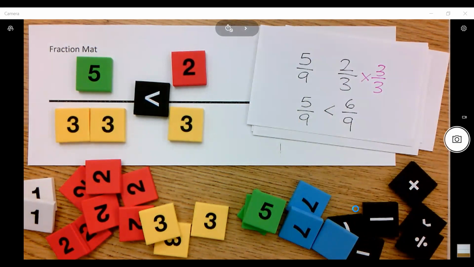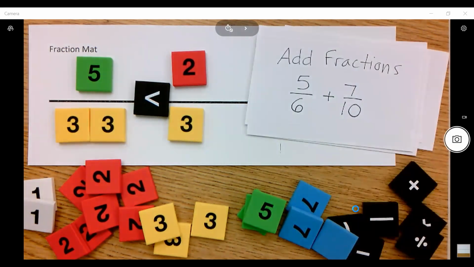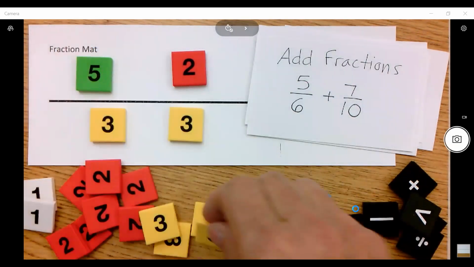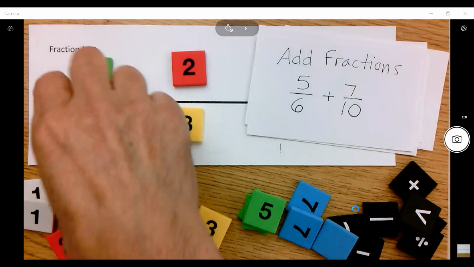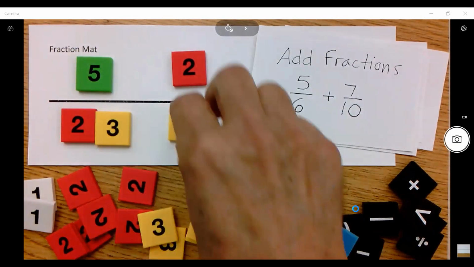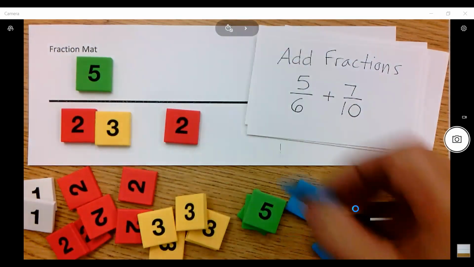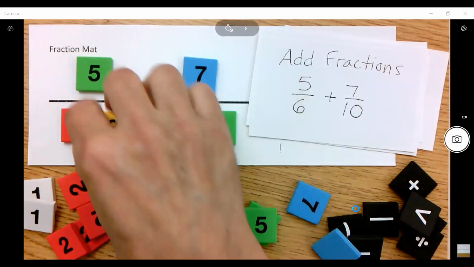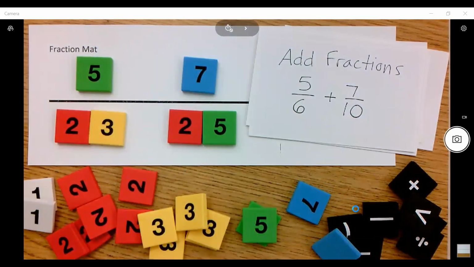This leads very nicely into adding fractions or subtracting fractions. The step that you take before adding or subtracting is ensuring that you have like denominators. So I've got 5/6. That denominator would be 2 times 3. And then 7/10. 7 in the numerator, and 2 times 5, 10, the denominator. And as we looked at earlier, when it was the 5/6 and the 2/3, the denominators